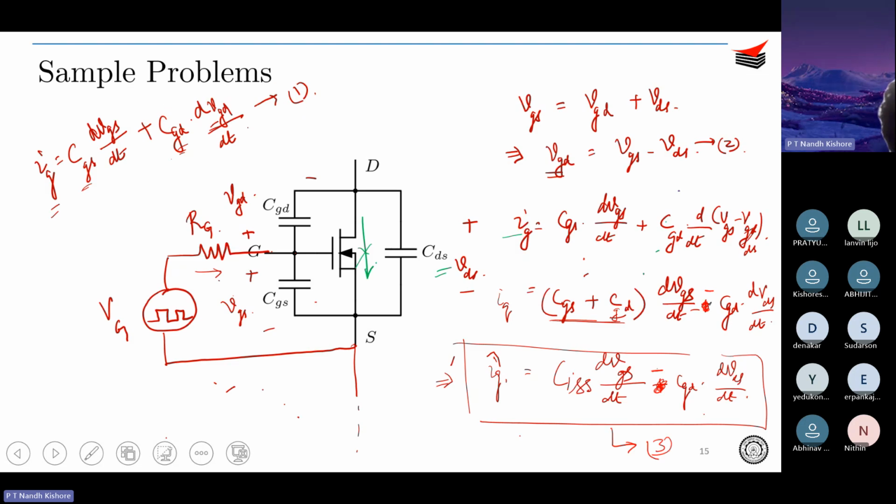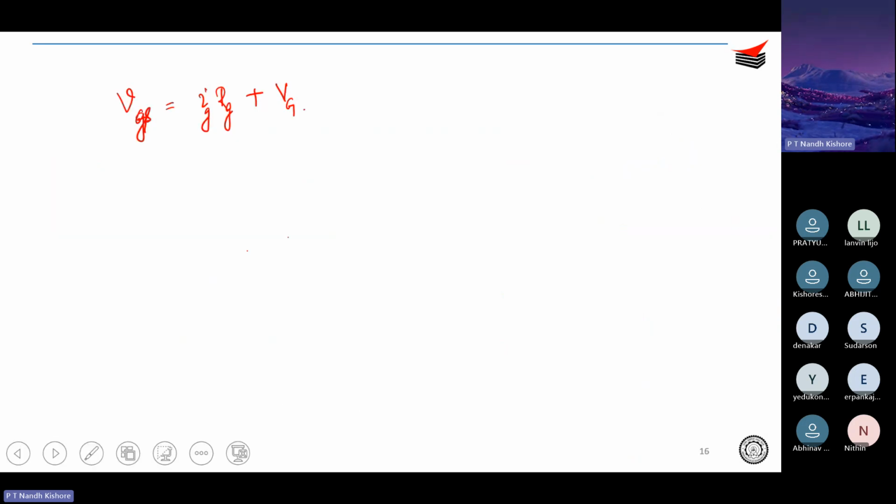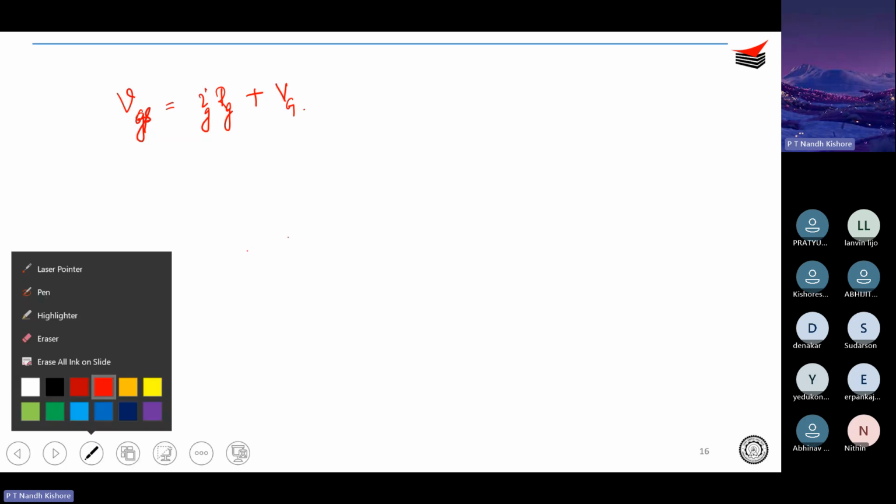You can see this loop over here. VGS across this capacitor is equal to VG minus IGRG, okay? So what you can do is substitute that equation of IG,